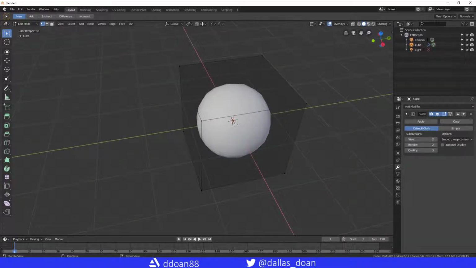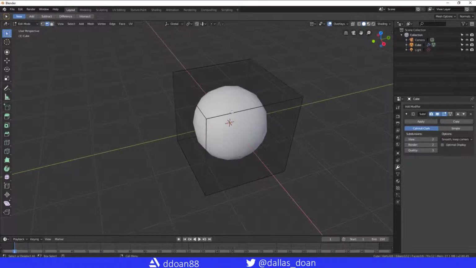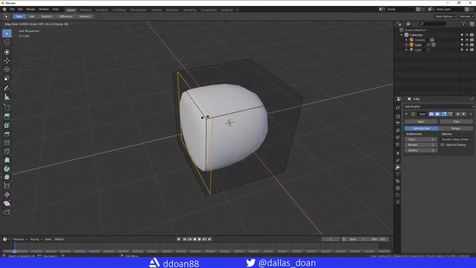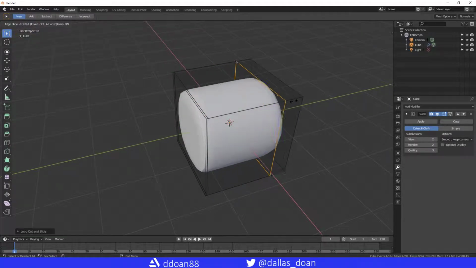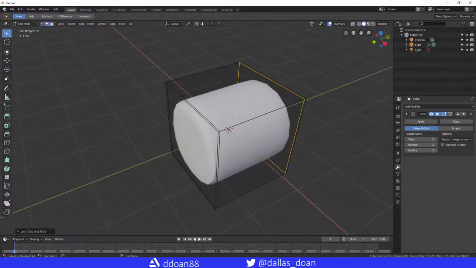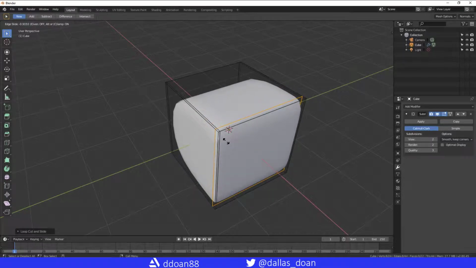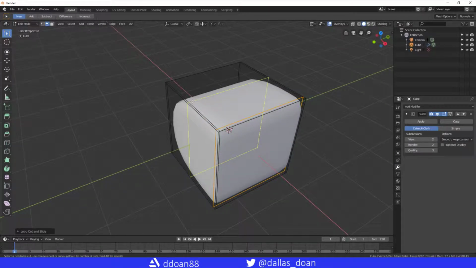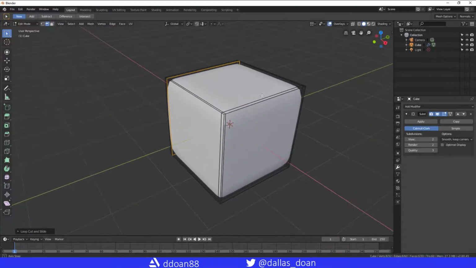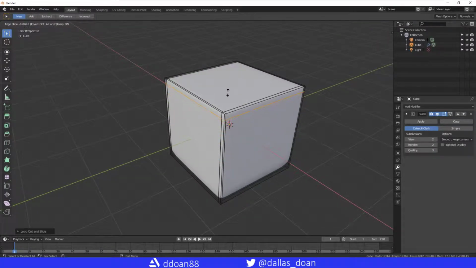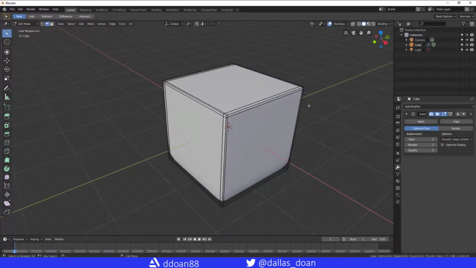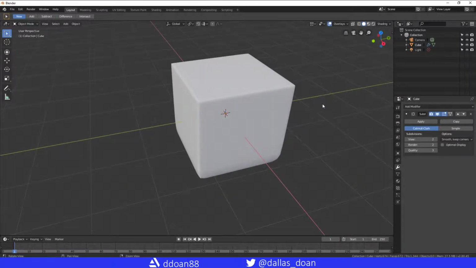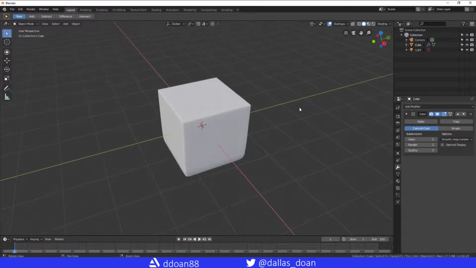And typically what's going to happen in most cases is you're going to add edge loops to your sub-D modeling if you want to get a smooth, beveled look, right? And you're going to end up doing this the whole time. So to save you some time, what you can do is